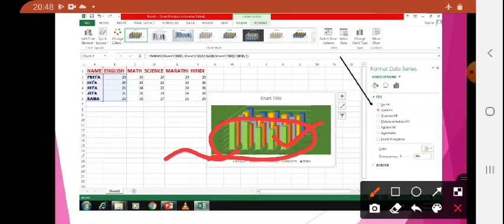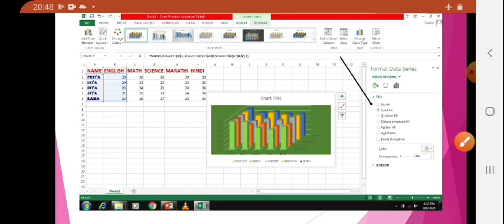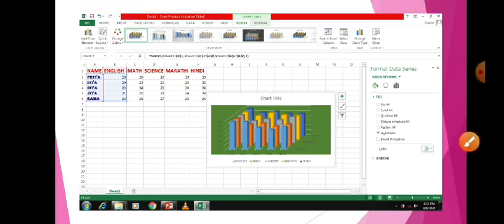This is your data series. That's why I changed this data series here. And what happened? The color changed, I filled it with a solid color. See, this is blue. Now I change it to green. Blue, green. Got it? This only I have changed.